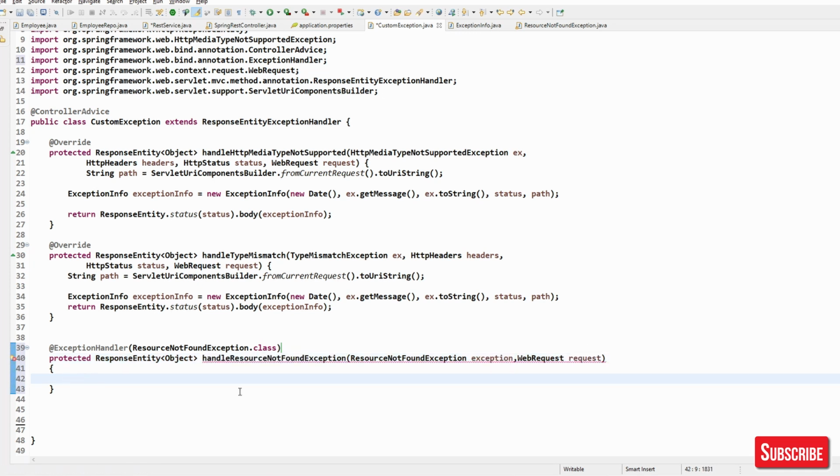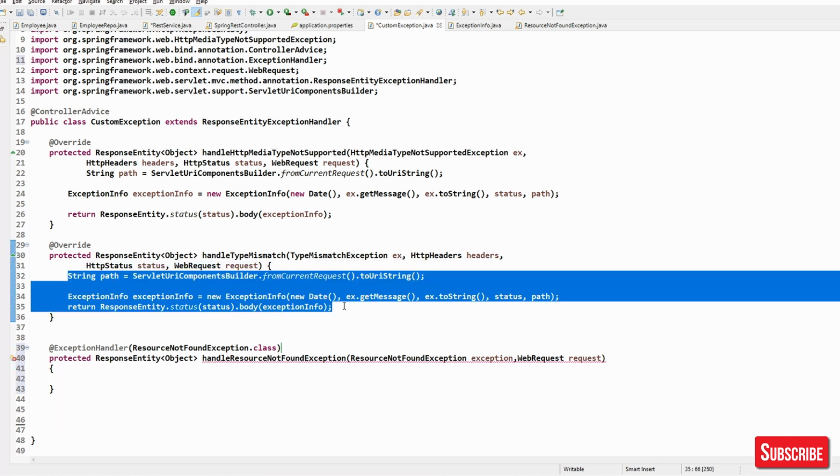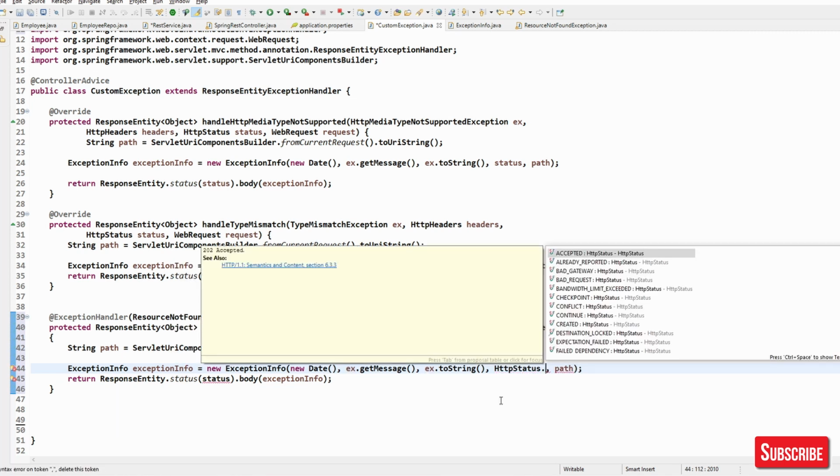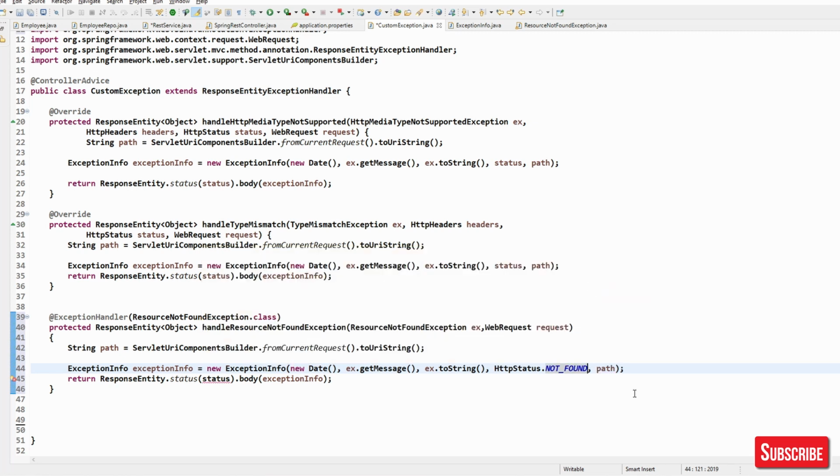Okay. Now we are good to go with all this. So let's rename it to ex and then we are good. Status is not there, so what we will do is we will make our own status, dot not found will be there, not found. Okay, so very simple. And this will be HttpStatus.NOT_FOUND, same we will use over here as well.